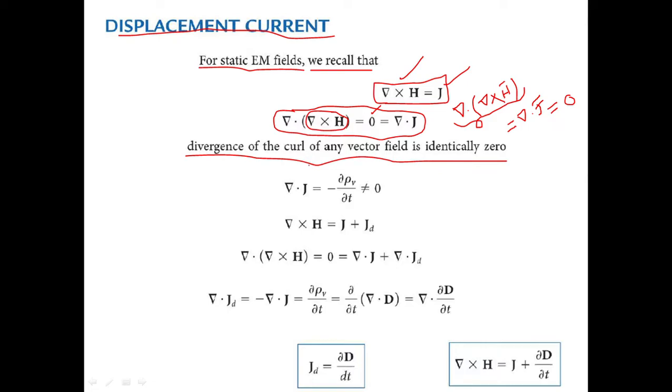So now we'll move to the next part. Now this is from continuity equation. When we discussed third module, we saw what is continuity equation in point form. So divergence of J vector is equal to minus dou rho v by dou t, which is not equal to 0, right? Here we got divergence J is equal to 0, but here according to continuity equation, divergence of J vector should not be equal to 0. So even if I take the divergence of curl of H vector, this part should not be 0, that is divergence of J vector should not be 0. So what we'll do, we'll modify this equation.